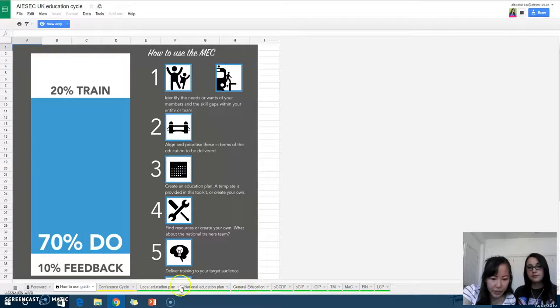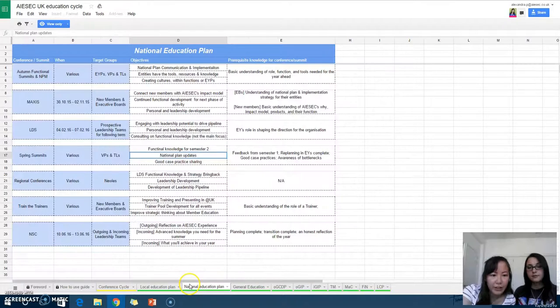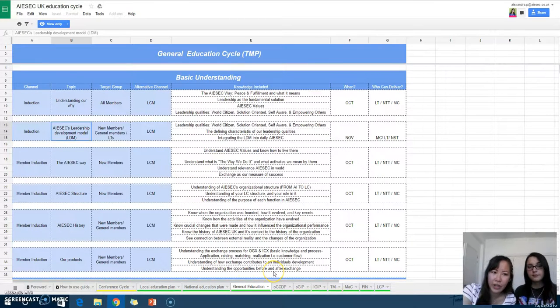There are different tabs down here. You can have a look, and this is the national education plan, which consists of what each conference should be talking about, so you can take it into account and you don't have to repeat the same message. You can also see a general education cycle for all members, at which channel we would downscale this knowledge, what kind of knowledge we should talk about, and when.